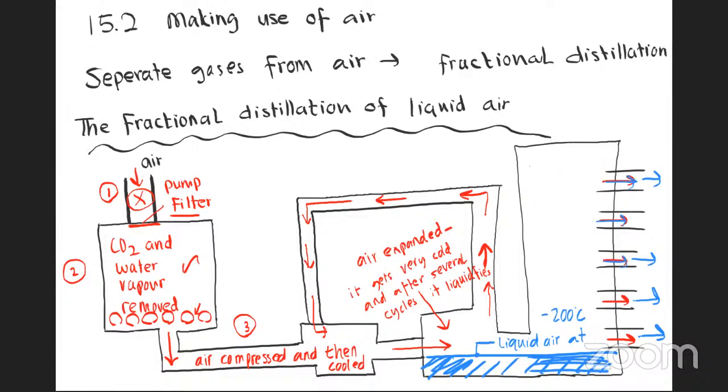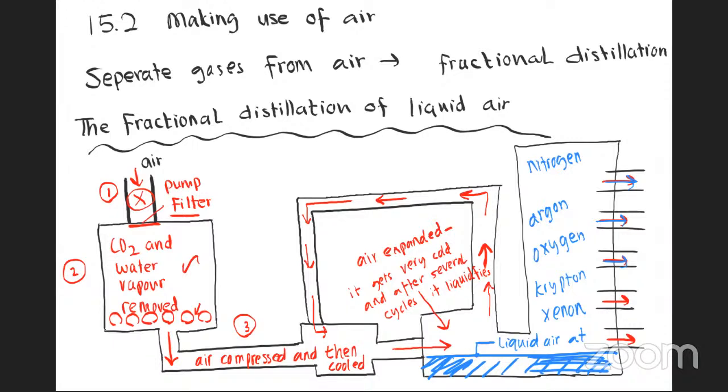So as for nitrogen, let's see. Here you have nitrogen. Here you have argon. Here you have oxygen. Wait a minute, I don't have enough space. Here you have oxygen. Here you have krypton. And then here you have,